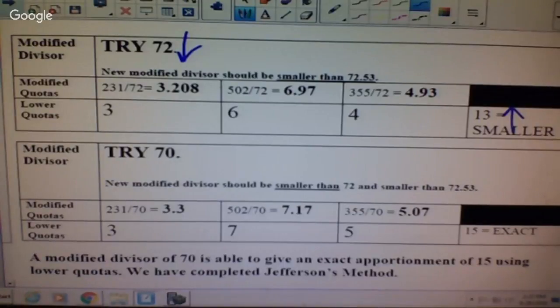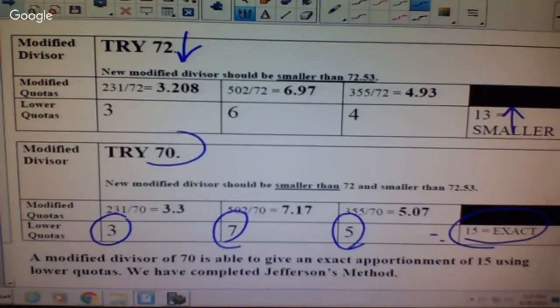So they dropped it down to 70. Again, took all those steps, divided everything by 70. Now my lower quotas became 3, 7, and 5. And when I totaled them up, it's 15 exactly. So your modified divisor that did it was 70, and it gave you the lower quotas that you needed. So this is a long process,